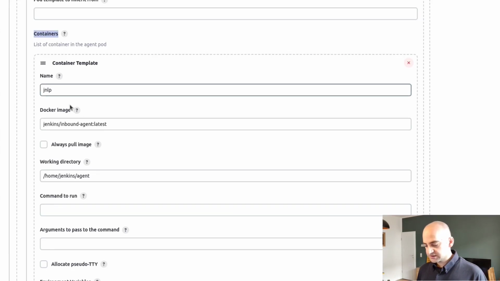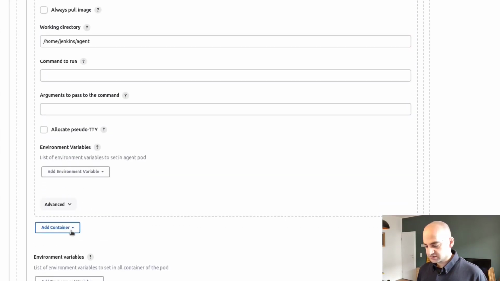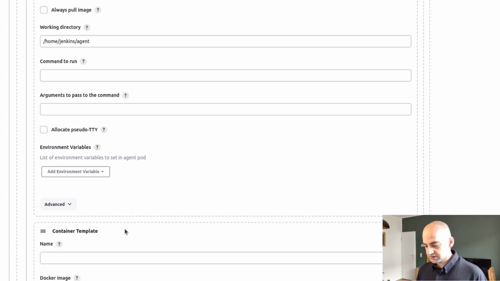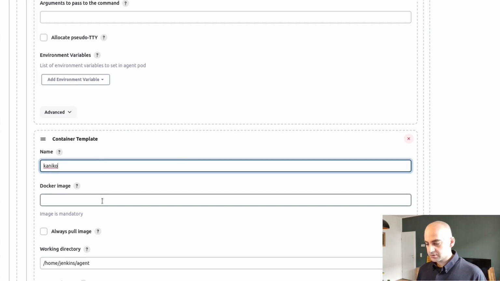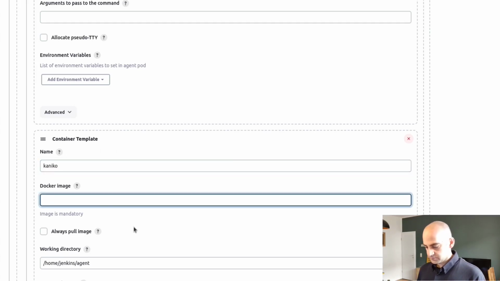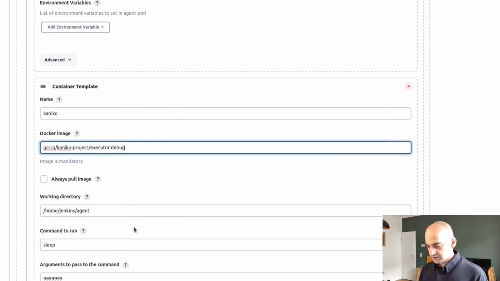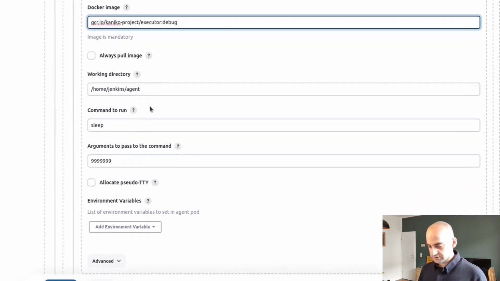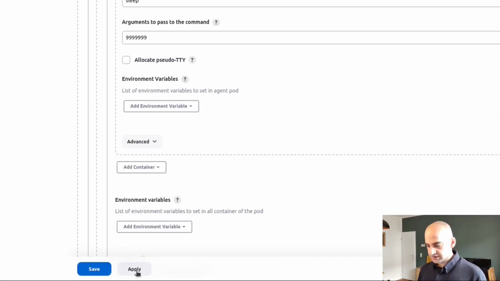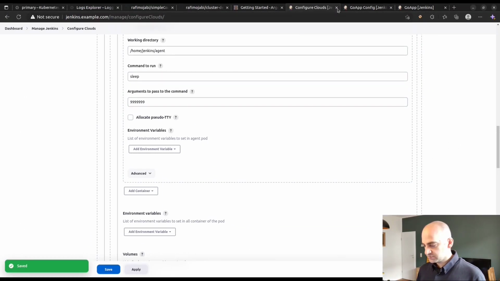What we're going to do is add another container using add container here, and then let's name it Kaniko, and then the Docker image for Kaniko, which is this. Everything else looks good, so we have the same working directory. Let's just apply it